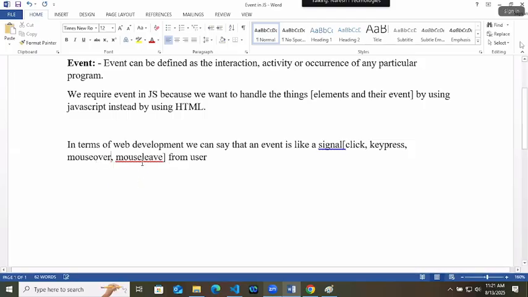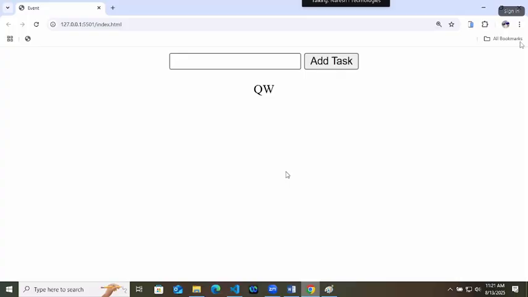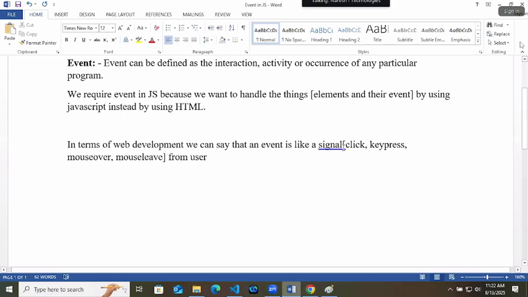So a user can do these kinds of things. Now let's say this is my website. Now in this website, I took the cursor to this button and removed the cursor. I did some signal. So all these things are called events in JavaScript, and these are the signals given by the user.